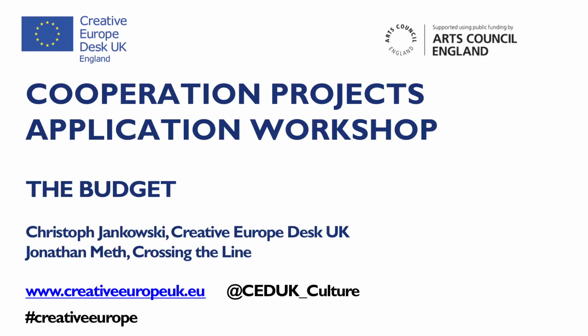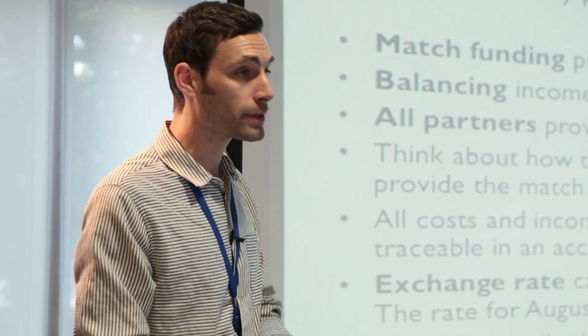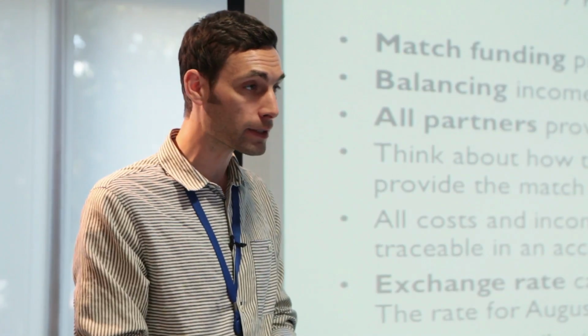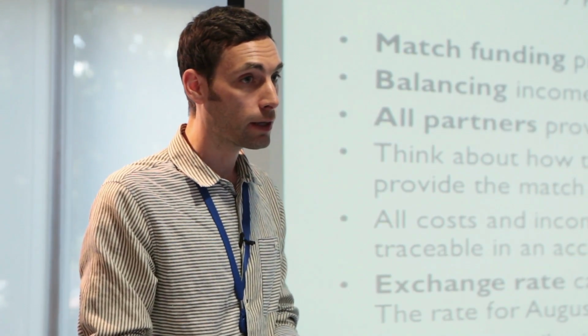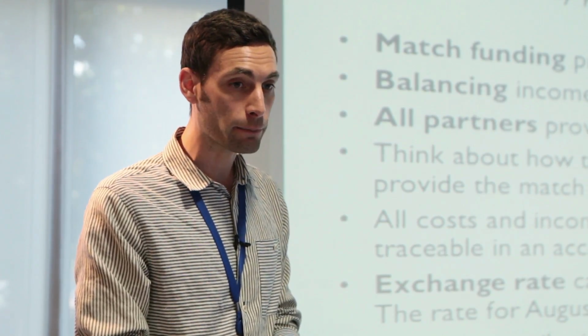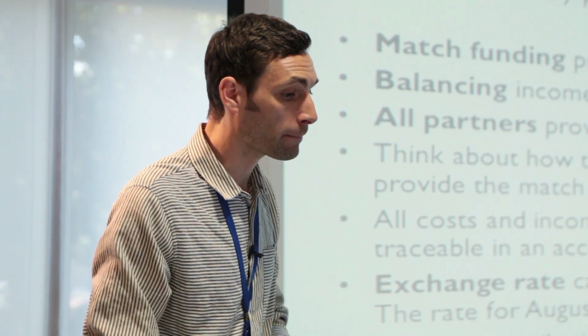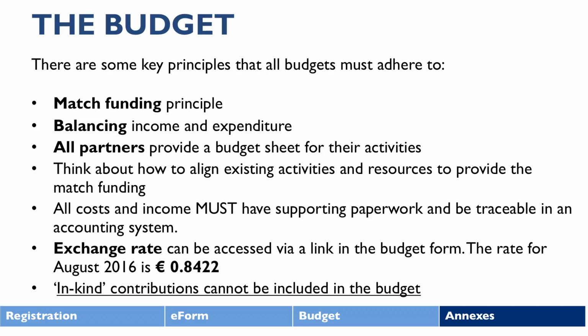The budget is not a beautiful thing, but it is an incredibly useful thing. I don't think it's something that is difficult either. Of course, I'd say that. I just think it takes a while to get your head around it and to get into it. But I stand by my statement that it is useful, and it's changed quite a bit over the last few